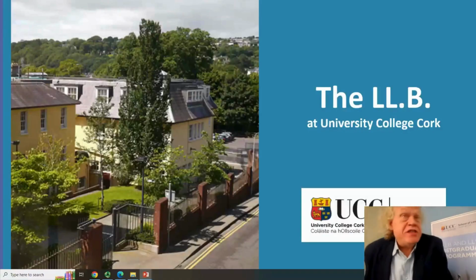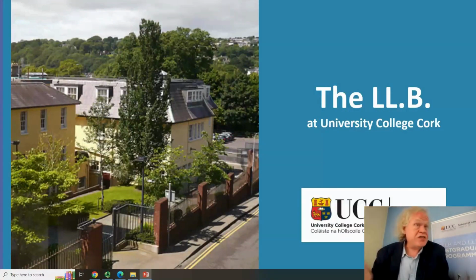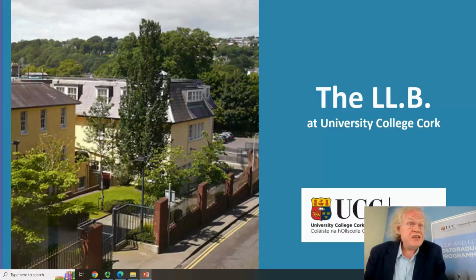Very brief introduction to the LLB. This is rather different from the degrees that will have been mentioned in the earlier session. It is a postgraduate degree. You have to have a degree to come into the course in the first place, but it's very different from